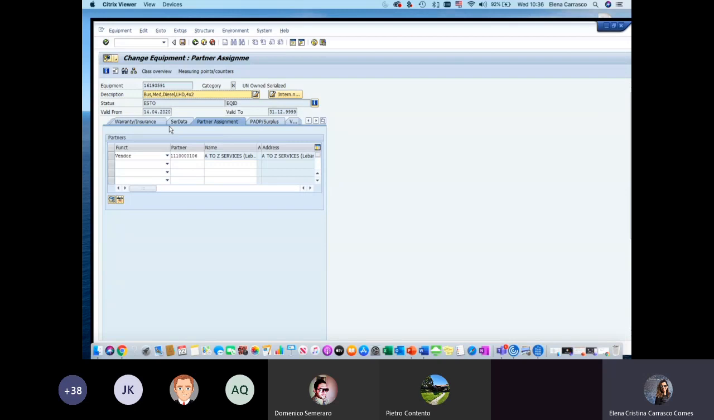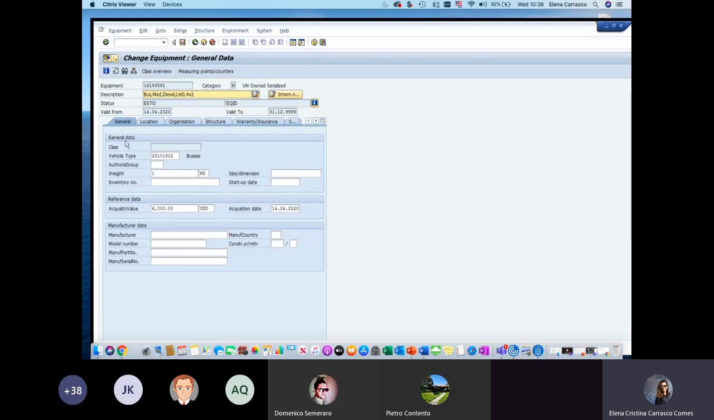But we are putting this step in order for you to remember that the authorization group is important, because it's going to reflect who is going to be able to make additions to the equipment throughout its lifetime. So it's important to mark the authorization group. The authorization group is found in the General tab. And for example,